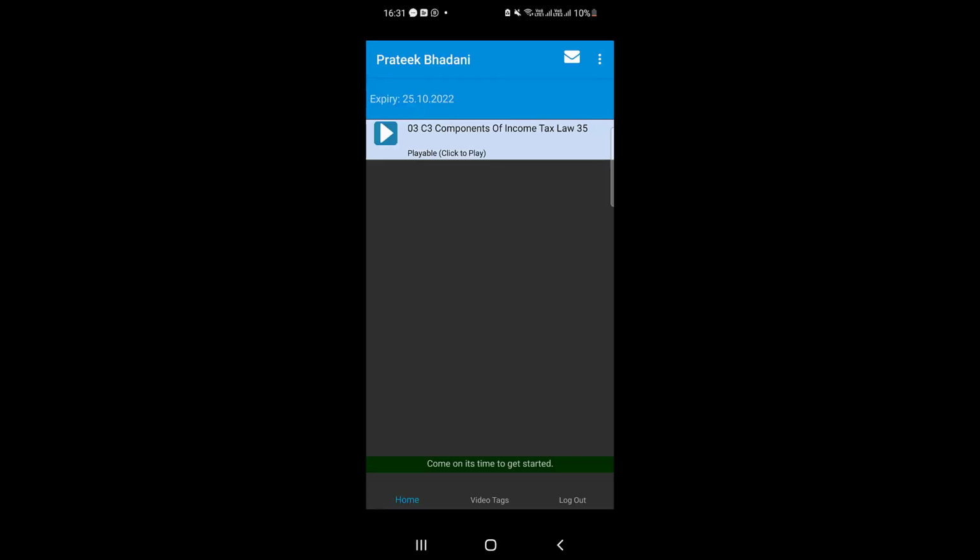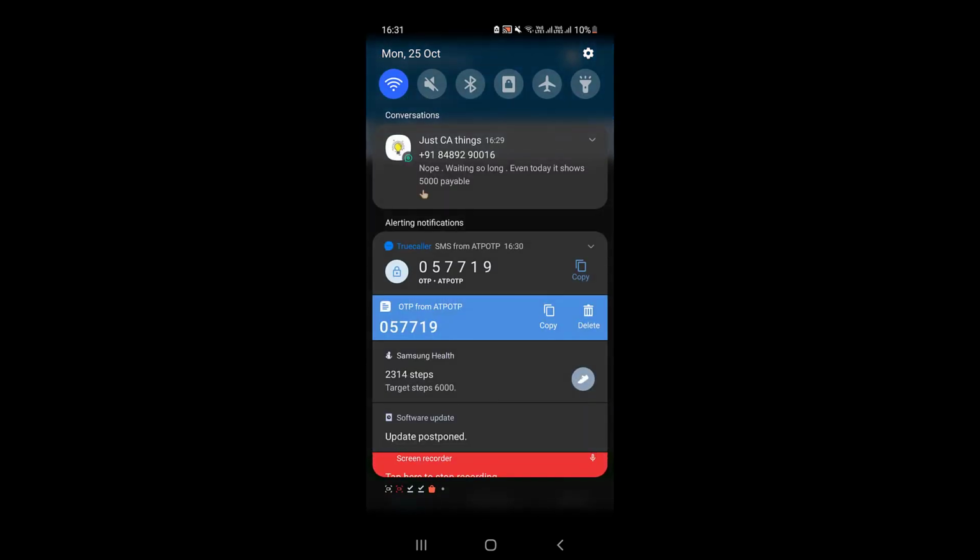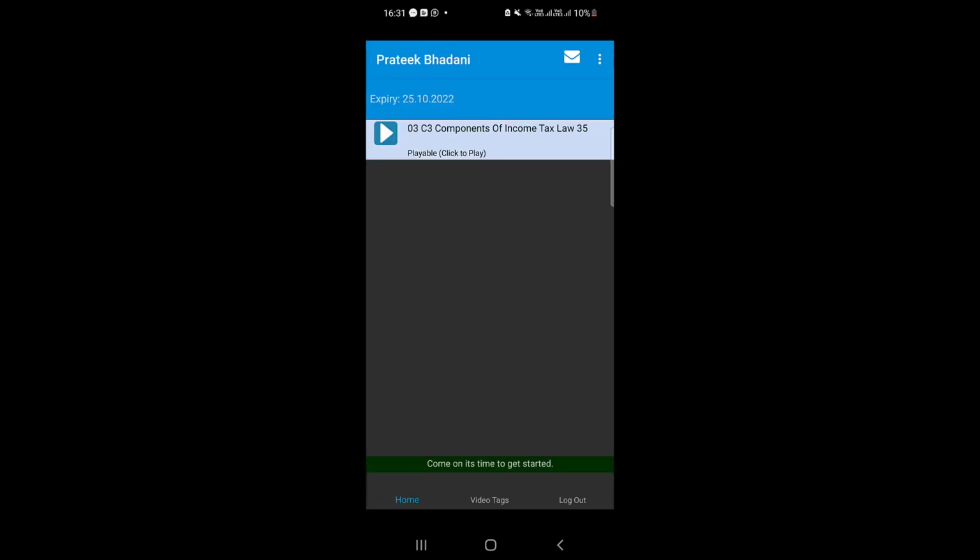You will be able to log in to the lectures. Now when I play the lectures in my phone, you will not be able to view the lectures because screen recording is not allowed in these particular lectures. However, let me tell you that as many features as there are there in the Windows laptop, you will not get in your mobile phone. You will get only selected features like increasing the speed or decreasing the speed and play pause button. It is because the Android device is only given as an emergency option to view the classes.